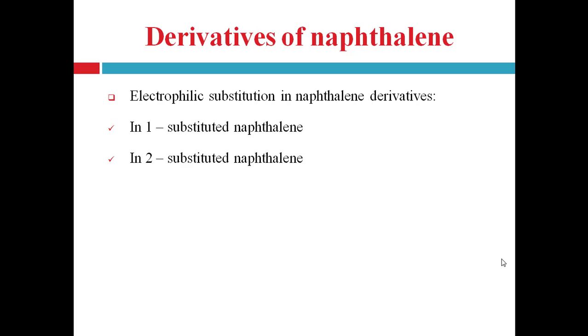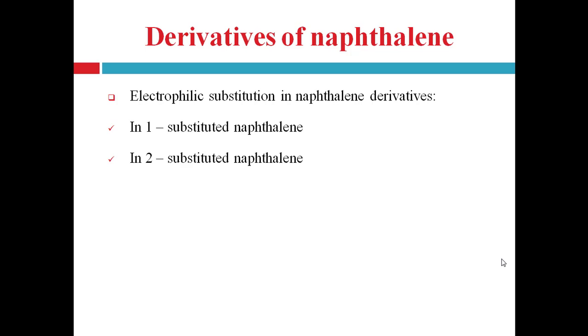naphthalene undergoes substitution reaction, and the electrophilic substitution in monosubstituted naphthalenes, that is either substitution at one position or at two position, right? That is either one substituted or two substituted monosubstituted naphthalene depends upon the nature of group already present on the ring, right? When we are discussing the electrophilic substitution reaction in derivatives of naphthalene. Derivatives of naphthalene, that means